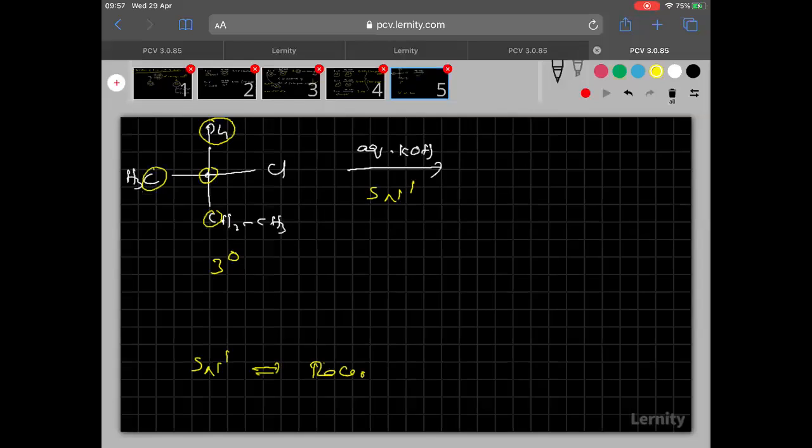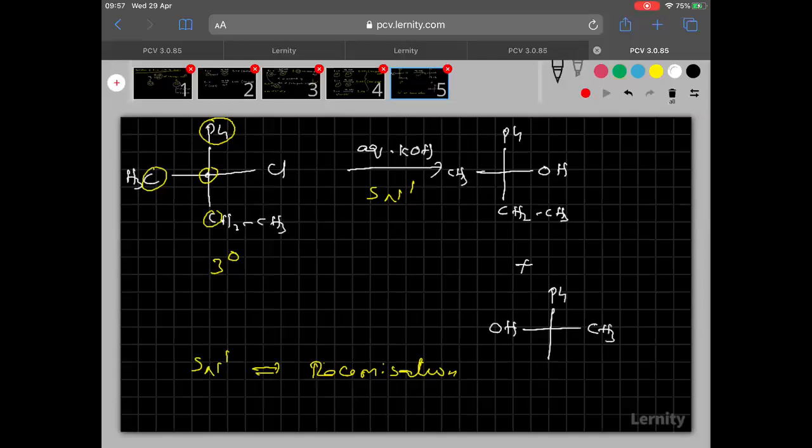And I think you know SN1 leads to what? Racemization. SN1 leads to racemization. That means retention and inversion both will happen here, so we have to write both the products. First we will write the retention product, that means the front side attack. Ethyl will be there as it is, and here methyl. Then inversion means the nucleophile attacks from the back side. At the back side methyl is there, and methyl will come to the front side. Then the vertical line is as it is.